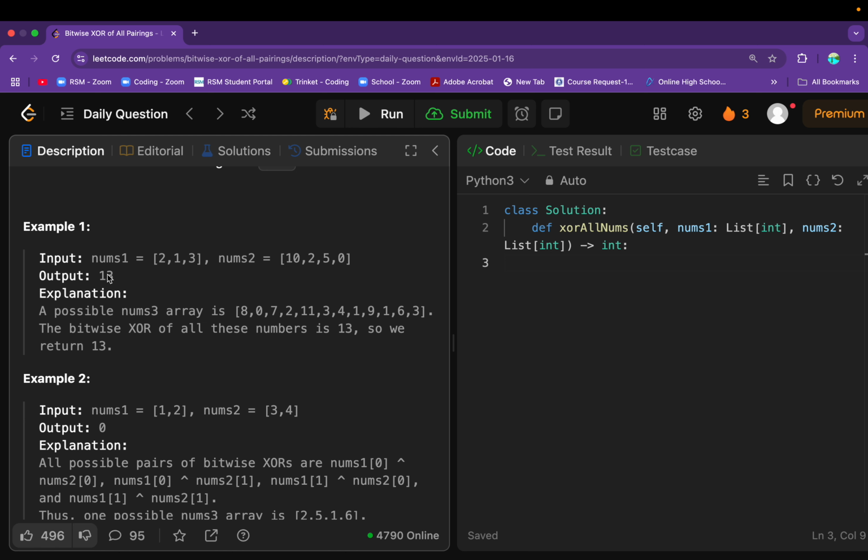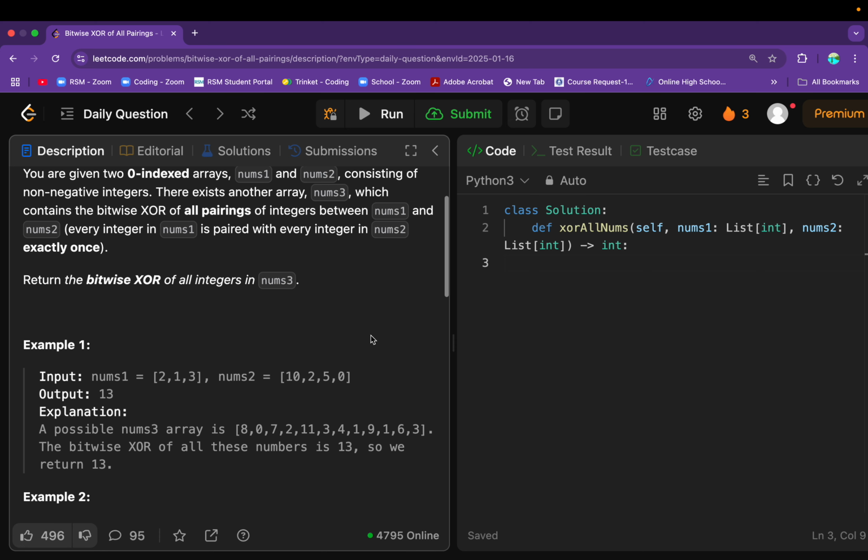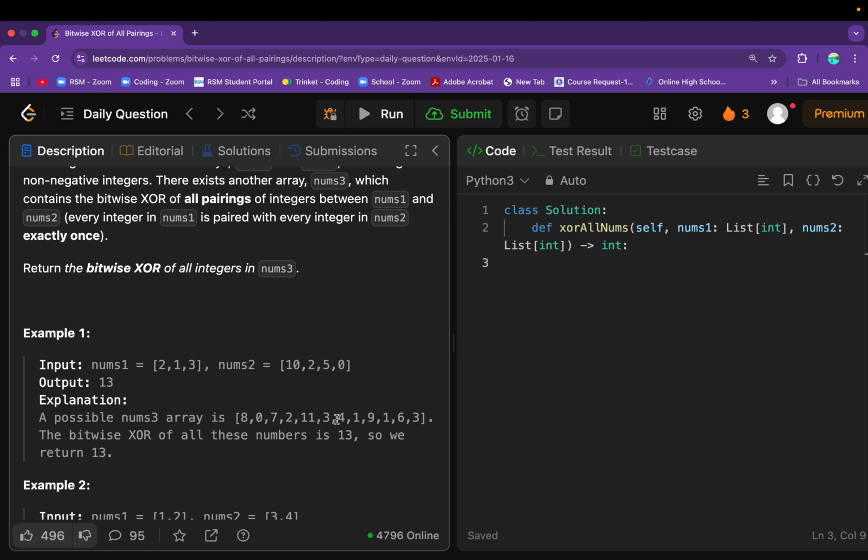In this case, our output is 13 because one possible way that we can form a nums3 array with the property would be 8, 0, 7, 2, 11, 3, 4, 1, 9, 1, 6, 3, right? And the bitwise XOR of all of these numbers would be 13, and so that's why we return 13. And the reason why this array works is it is indeed containing every single possible bitwise XOR operation done on all the unique pairs of numbers between these two input arrays,